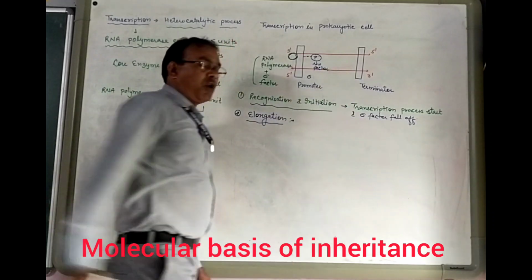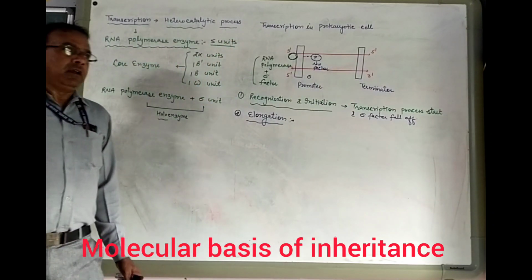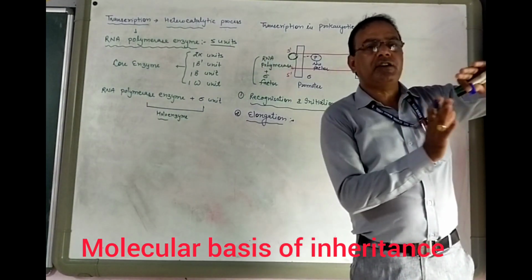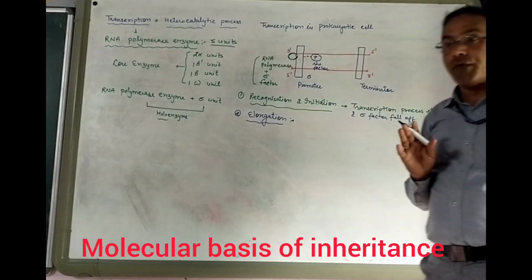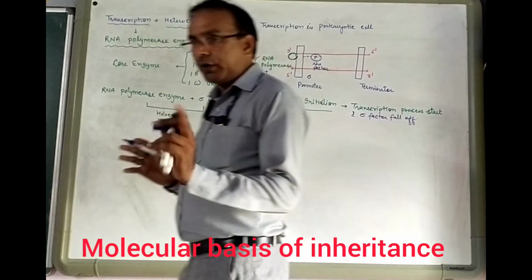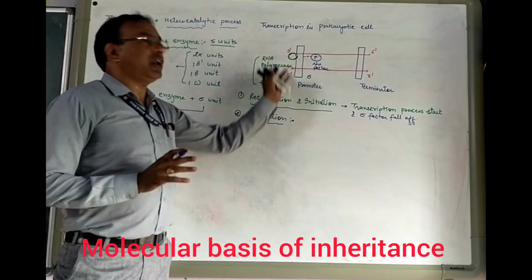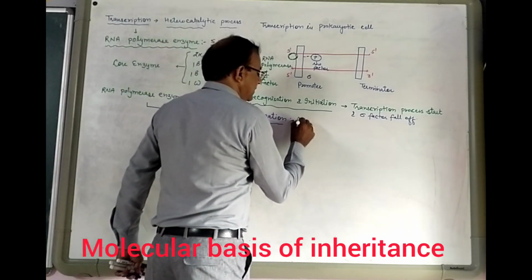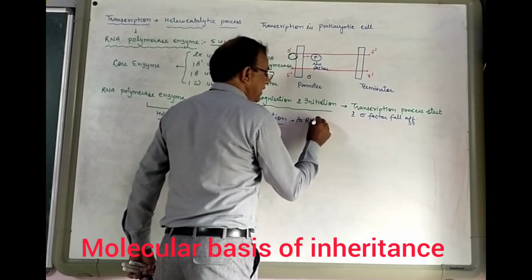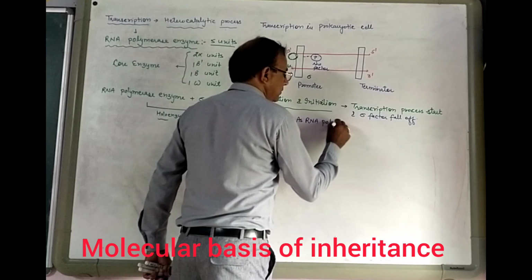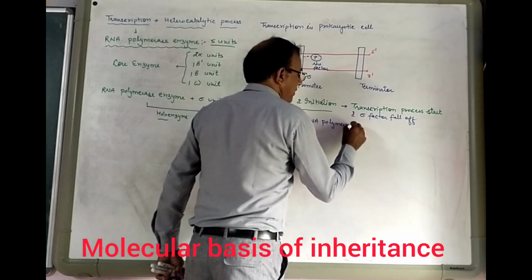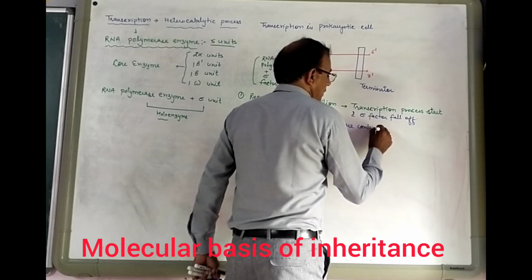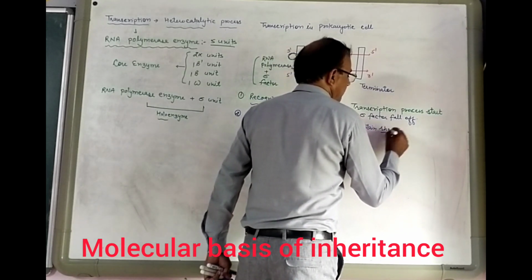What is the role of rho factor? Rho factor elongates the process of transcription and finally terminates it. It means there are two functions of rho factor: elongation of the process and termination of the process. Elongation, as RNA polymerase contains rho factor,